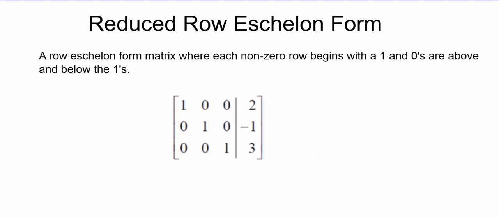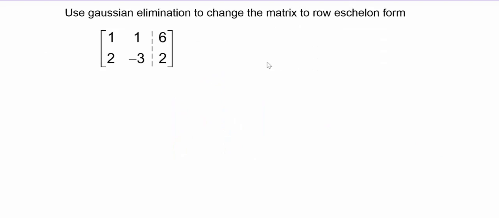Reduced row echelon form is basically like a row echelon form, except we've got that diagonal one that we previously talked about, and then zeros above and below each one that exists in the coefficient part of the matrix. So in this case, we're going to use something called Gaussian elimination to change this matrix into a row echelon matrix. And again, that row echelon matrix is going to look like diagonals of 1, 0 below the 1. Could have a number up here, and then on this side we could have